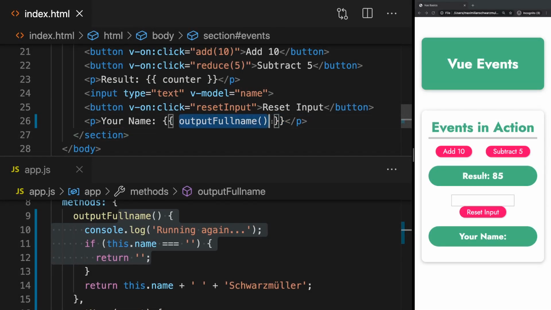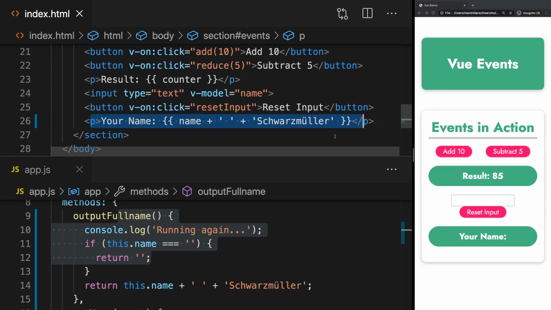Well, you could, of course, put your code in here. Name plus Schwarzmüller, for example. You could put it in here. And if you do that, you avoid this problem. Now Vue is able to see what's getting used here, and it will only update this paragraph and only re-evaluate